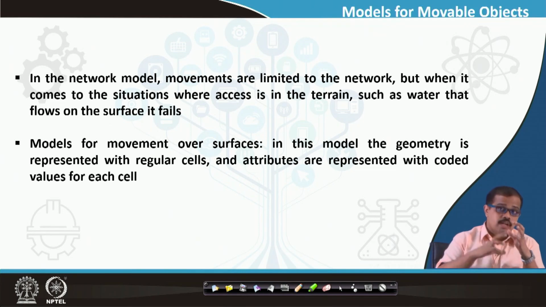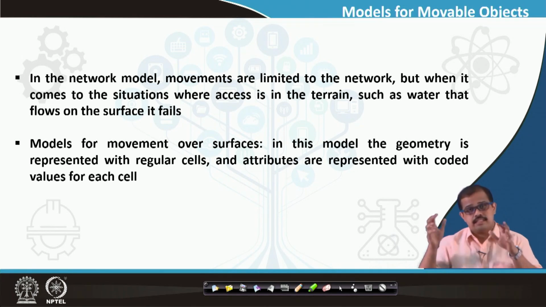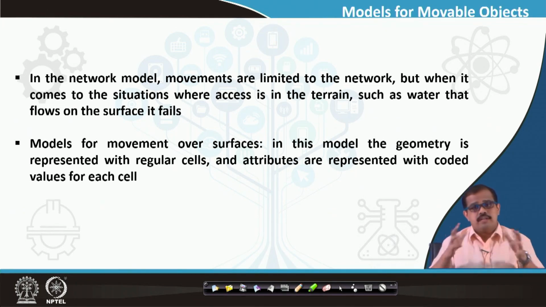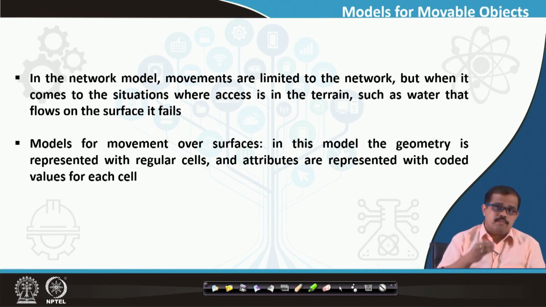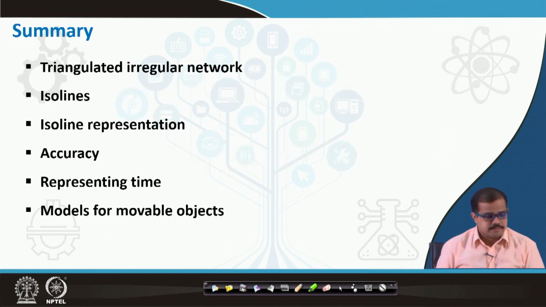We have a network model, but a network model without geometry of representation over regular cells cannot represent surface flow, like the water surface flow. But if you want details about the terrain, you have to look at something with the geometry and with the regular cells. So if you have put the geometry with the regular cells into the model, with all those details, then that model can efficiently model any natural process.